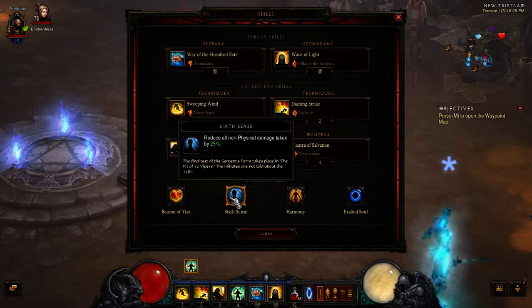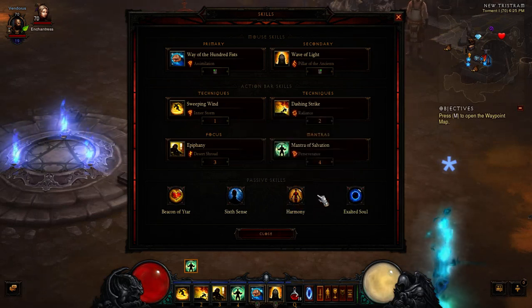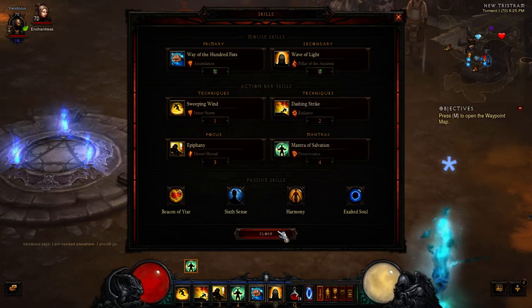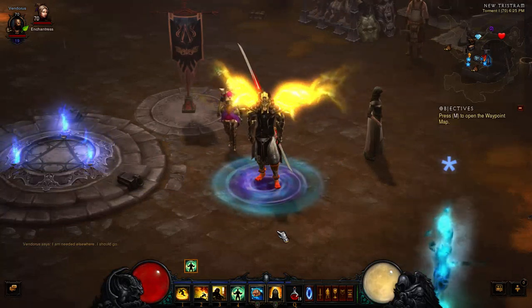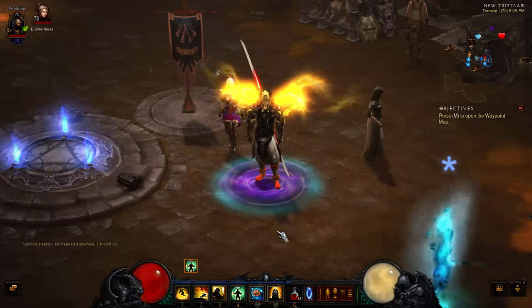It reduces the non-physical damage taken by 25%, Sixth Sense, and Harmony 40% of your single elemental resistances from items have become resistances to all elements, which is absolutely amazing. And the fourth thing I use is Exalted Soul, so I have some more spirit regeneration and spirit itself, so I can spam the Wave of Light as I please. Now at this time you should consider Vitality and defenses to all enemies, all elements, pretty useful in order to